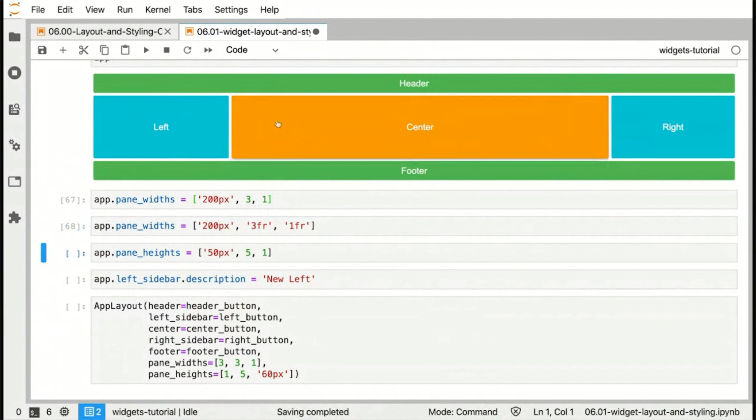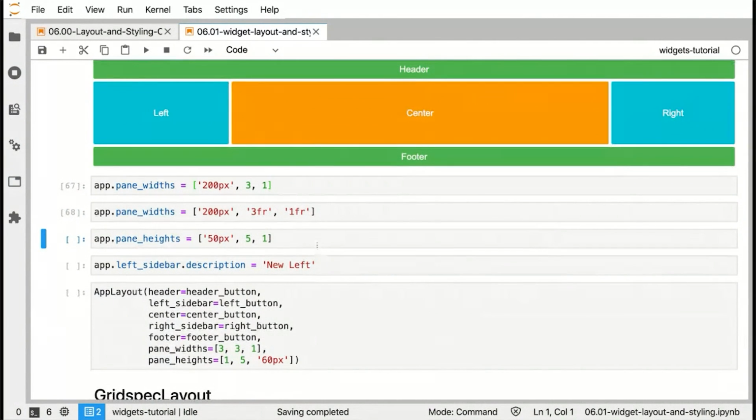Fraction means distribute the remaining widths proportional to their fractions. So this remaining width is divided into 4 chunks, and then 3 are given to the central area, the middle column, and 1 is given to the right sidebar area. Similar to the